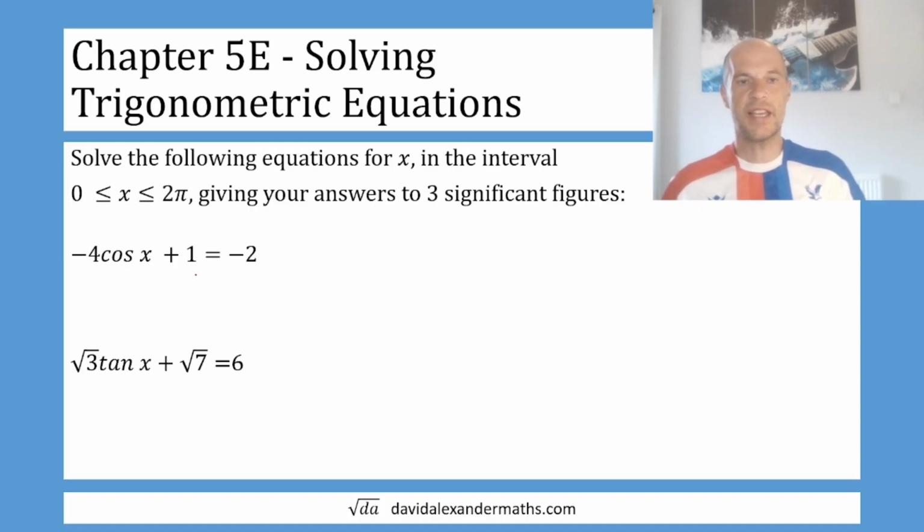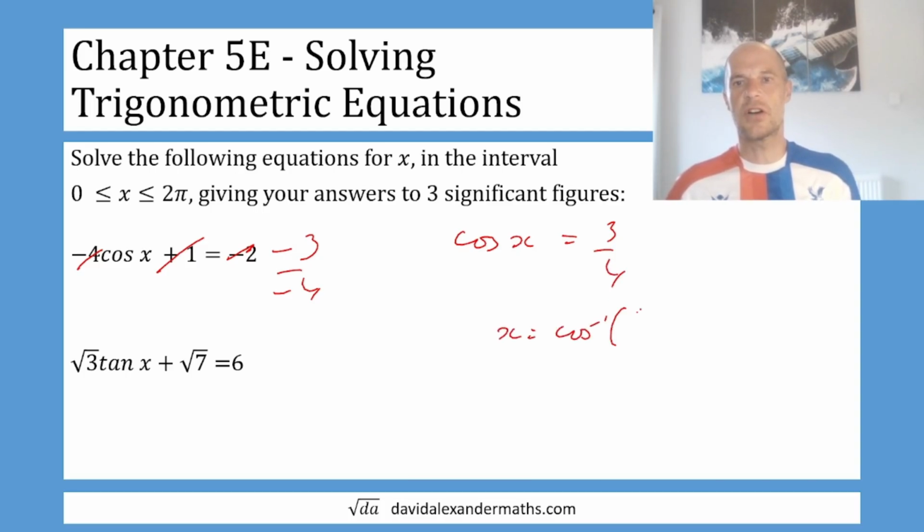Okay, with these ones here, again, this shouldn't be anything new. I'm just going to subtract 1 from both sides. So that becomes negative 3. Divide through by negative 4. So the cos of x is negative 3 over negative 4. In other words, the cos of x is 3/4. So x is the inverse cos of 3/4. So 3 divided by 4, shift cos, answer equals 0.7227,